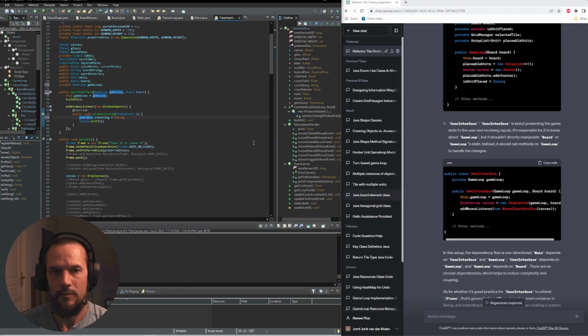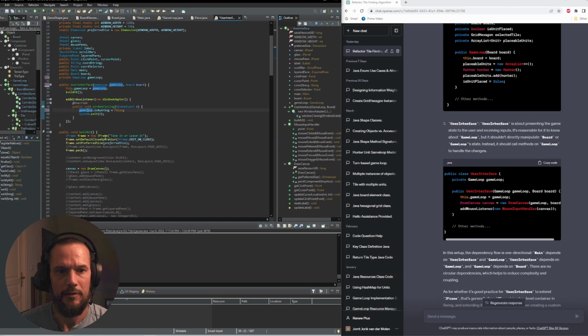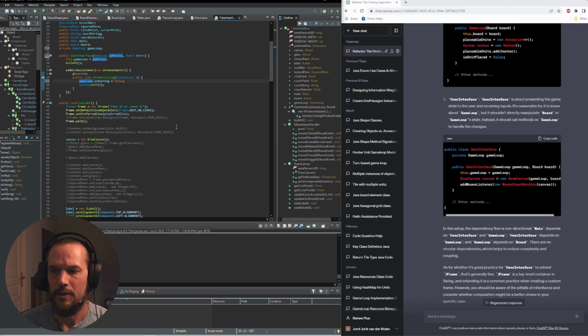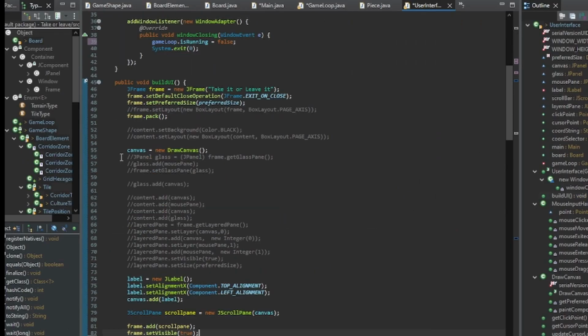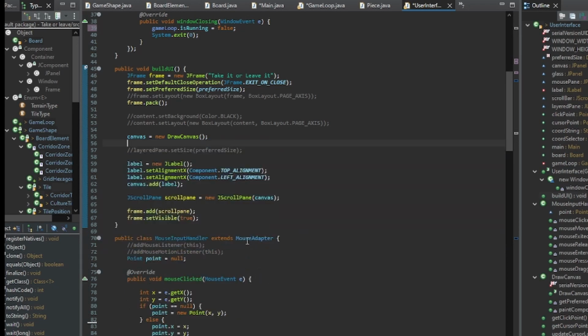Board. And why don't I have like a new drawCanvas? Do I have a board? Yeah, I have a board instance there. And game loop depends on user interface, user interface depends on game loop, and game loop depends on board. Game loop depends on board, but I have board still in user interface. Okay, I had all kinds of different mouse paints and stuff here. I'm gonna take this out as well. It's so old I don't know,